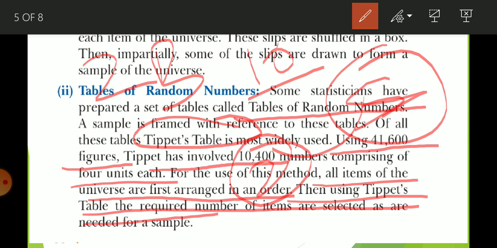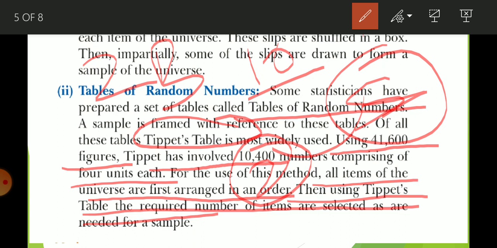Remember, whenever you are using the lottery system, all chits must be 100% identical. Means there will be no difference between each and every chit. They are going to be the same in color, shape, size. There will be no difference, so there will be no partiality. One more thing, those who are involved in preparing the slips should not be involved in the selection of the slips. We can call any other person, or we can use a cloth to cover the eyes, then we can take the help.